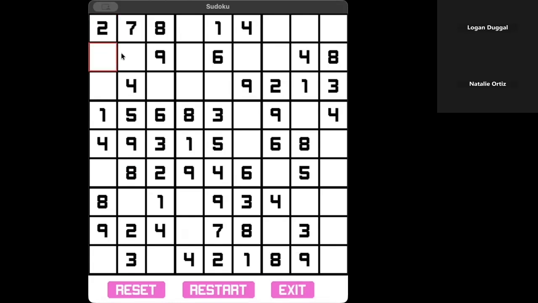So as you can see here, when we're just selecting things, we press our mouse on any of these cells, it'll show a red outline. And this just indicates that this is the cell that you have selected, meaning that if you type anything, it'll sketch the number. When it's sketching the number here, it won't preserve it for when you want to run it. So let's say you put a bunch of ones, a bunch of numbers in here. If you do this, it won't end up registering it if you completed the whole board just like that. It'll only do it once you press enter. So when you click enter,